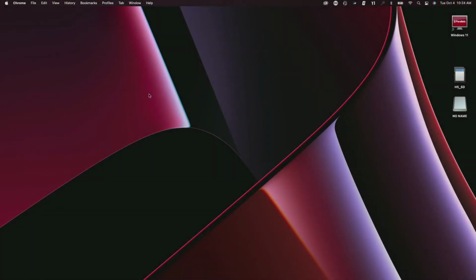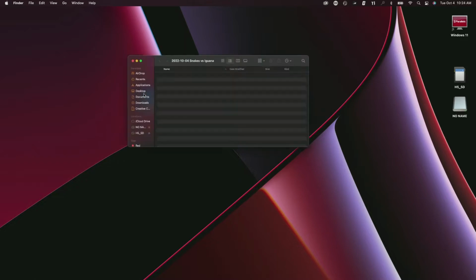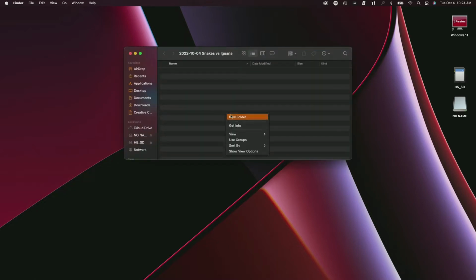All right, we're rolling. So first, what I'm going to do is start off organizing our content. At the beginning of any video project, I create your main folder. Usually the best naming convention is the year, then the month and the day. Then we'll call it snakes versus iguana, whatever, that's fine. Inside this folder, I'm going to create a couple more. One called footage, one called